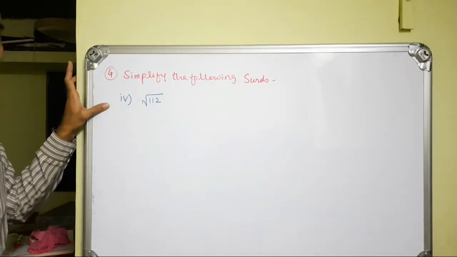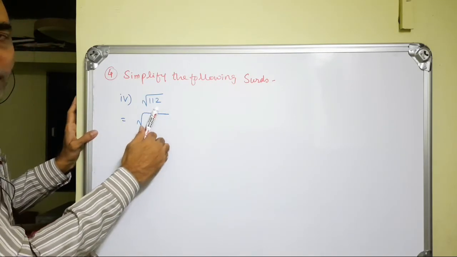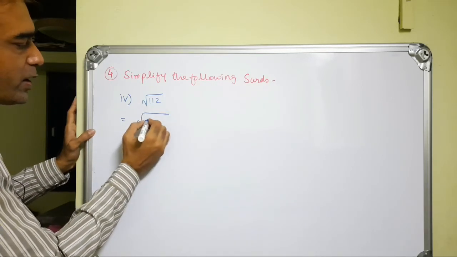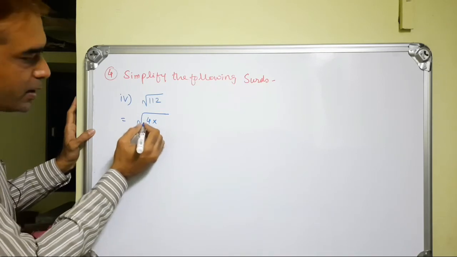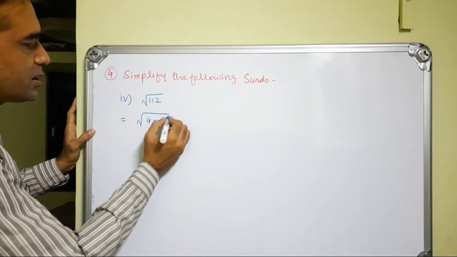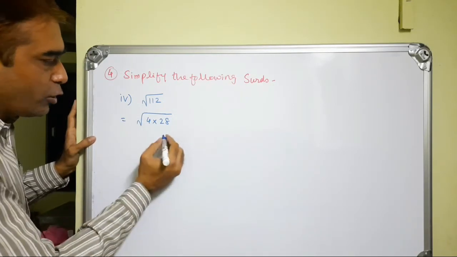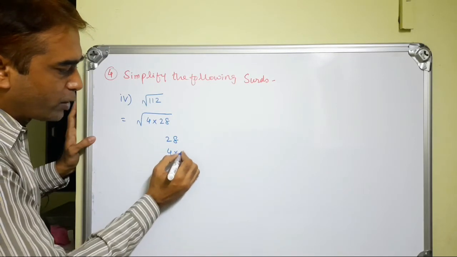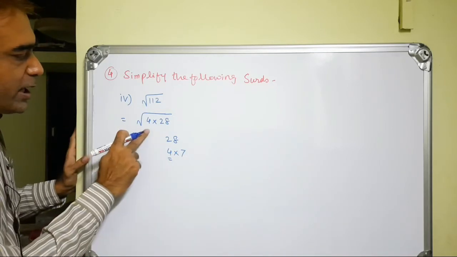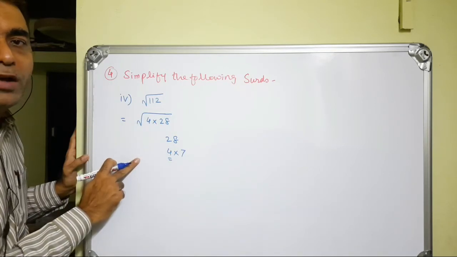Now sub question number 4. First we will see what are the factors of 112 which are perfect squares. So you will say that sir, 112 contains 4 as a perfect square. So we can write 4 into 28, since 4 2s are 8 and 4 8s are 32. But you see here that 28 also has the factor 4 into 7, and 4 is again a perfect square. So both these 4s are perfect squares, so we will write 4 square or 16 as one of the factors.